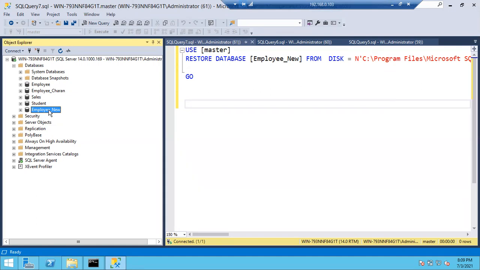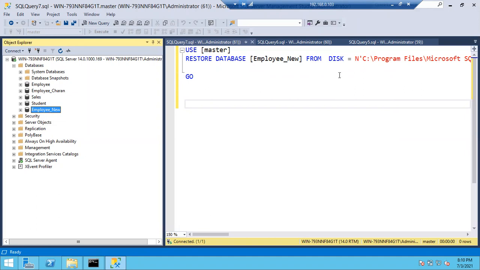So in this way, again, don't confuse here. The logic is, first thing you have to check the original file location and the restore as location, and file names also you have to check, and make sure whether that is the final backup or further backups are there to restore. If further backups are there to restore, always restore with no recovery. If it is the final backup, restore with recovery. In such case, you can restore it.